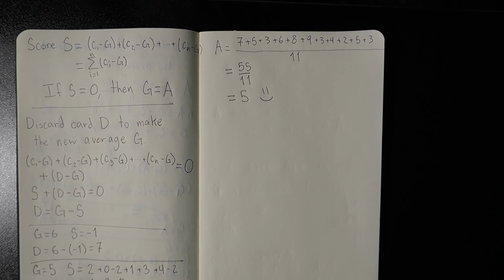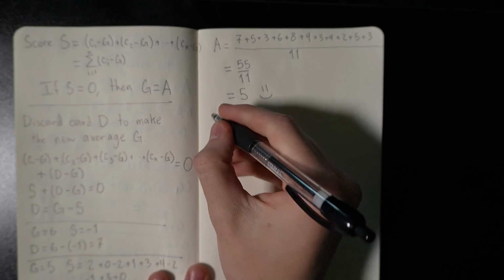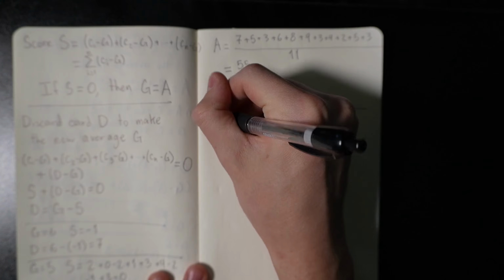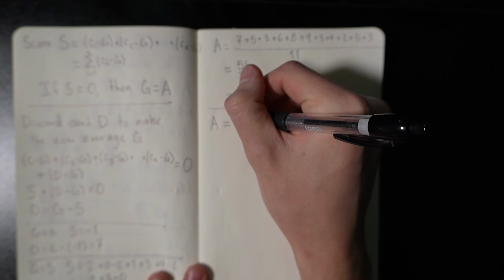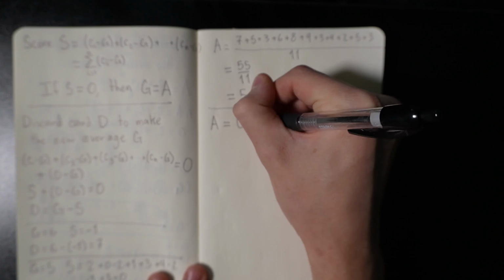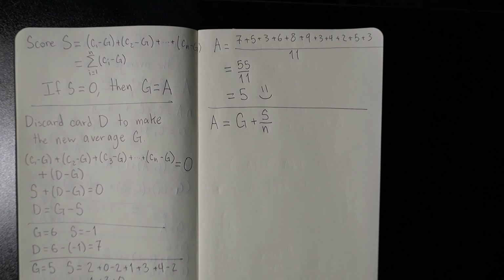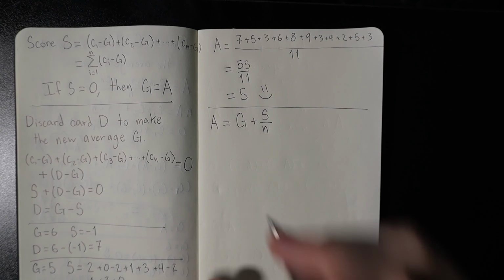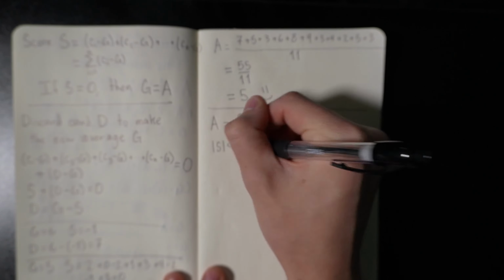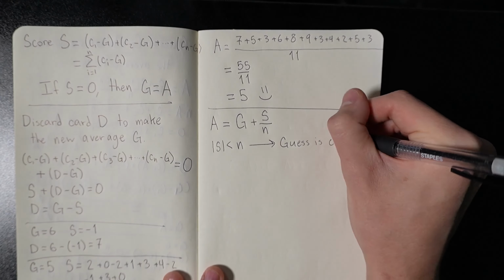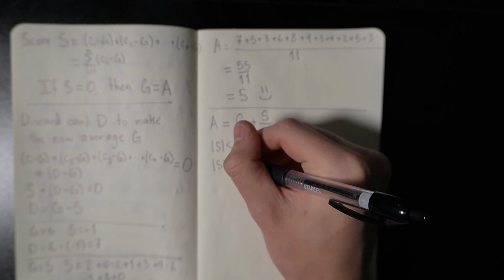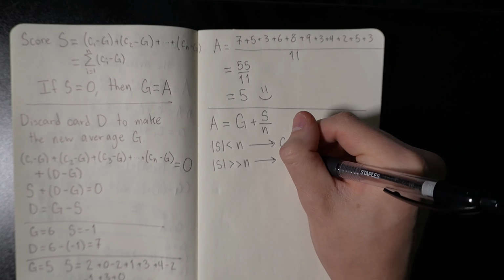Knowing the total number of cards does have its use with the score method I've presented here, though. It turns out that if our guess is G, and we compute that a pile of n cards has a score of S, then the exact value of the average is G plus S over n. Besides just using this as an exact way to find the average, this can be used heuristically to decide how close our guess is. If the absolute value of the score is small compared to n, then our guess was pretty good. If the absolute value of the score is much larger than n, many times larger, then our average